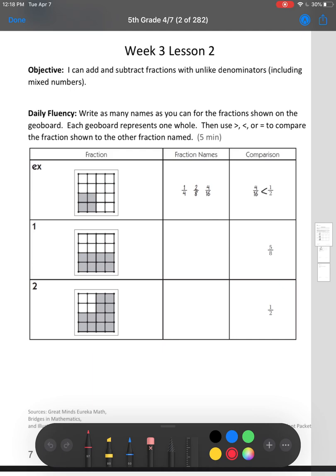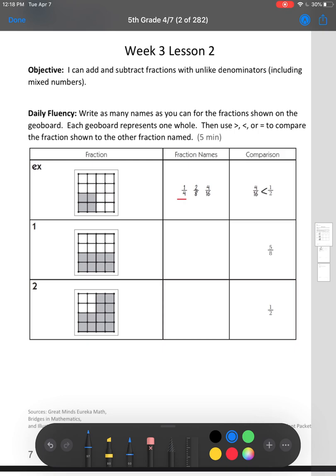They wrote down this fraction as fourths. They took their geoboard and said, if I evenly divide this geoboard into 4 pieces, I can see that 1/4 is shaded in, and that gives me this fraction right here, 1/4. They also said, I can also say,